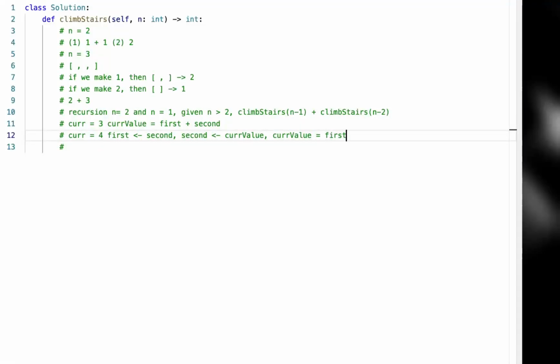So first plus second, and we do this while current is strictly inferior to n. If it is equal to n, we can return current value, right? So what's my idea here? So what I'm doing here is I'm starting from,